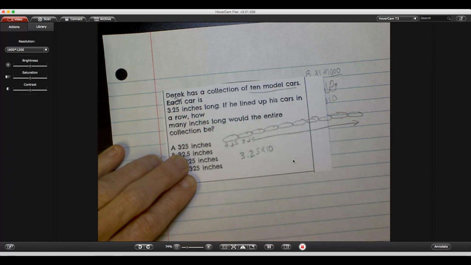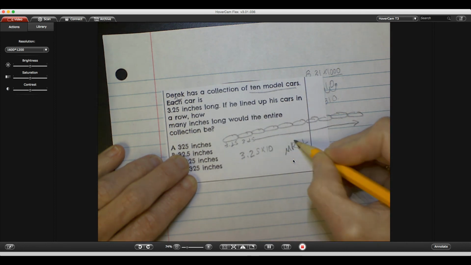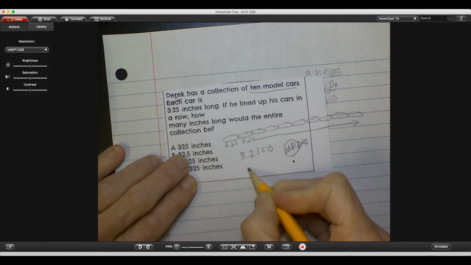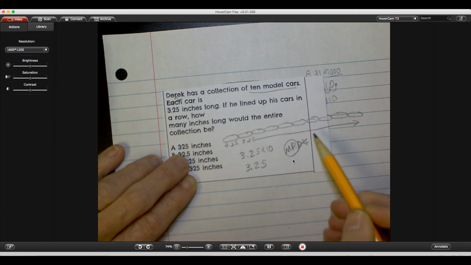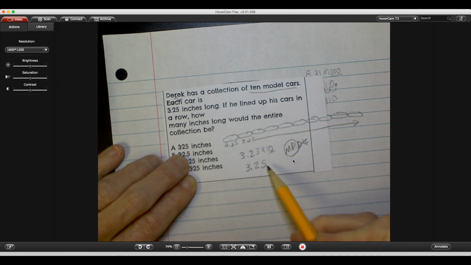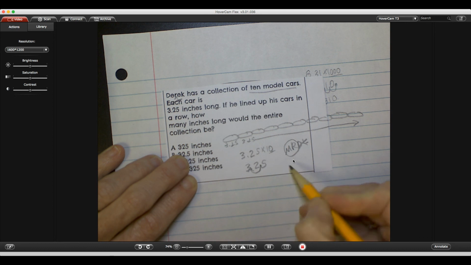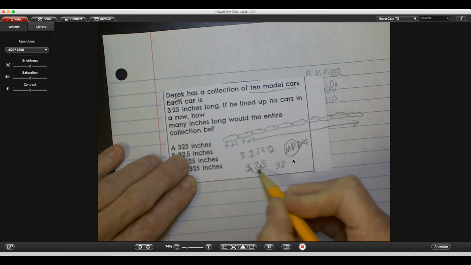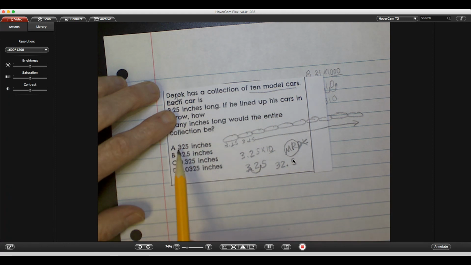Here again we have Mr. Dull. Power of 10 number. I am multiplying, so I'll keep Mr., get rid of Dull. Rewrite the number that's not the power of 10 number. I am multiplying by 10, so I'll move my decimal 1 time to the right. New decimal, old decimal. So my correct answer is 32.5. These all have the digits 3, 2, 5, so it's important that I make sure my decimal is between the 2 and the 5. And the correct answer is